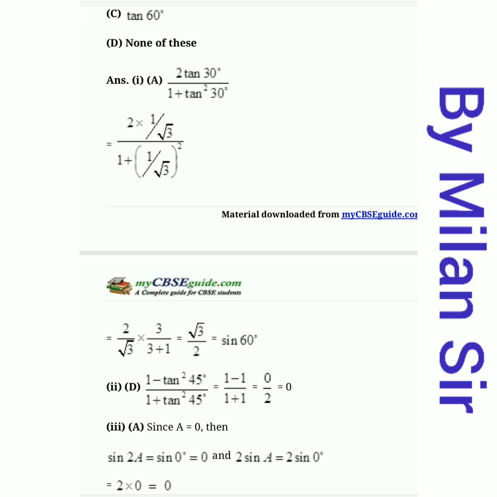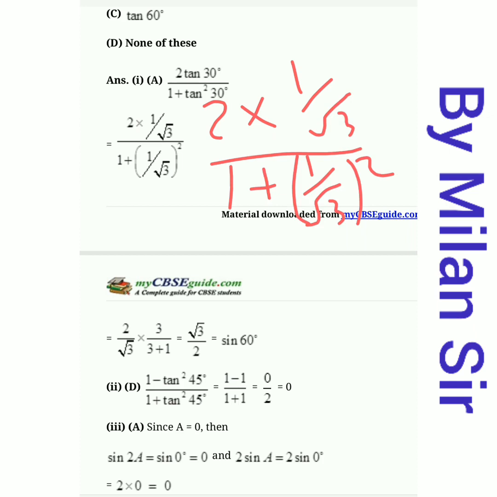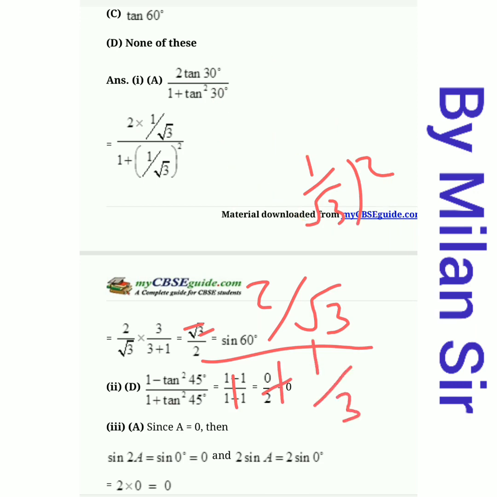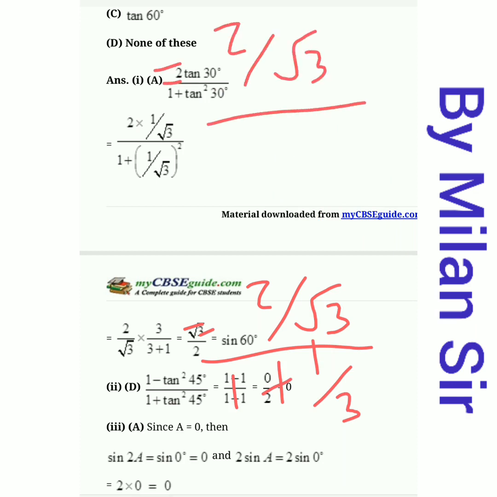So right now we need to put the value. So 2 tan 30, so 2 multiply tan 30, it's 1 upon under root 3. And in denominator 1 plus tan square 30, so again 1 upon under root 3 all square. So in numerator 2 ones are 2 by under root 3, and in denominator 1 plus 1 upon under root 3 all square. So 1 square is 1 and under root 3 square is only 3. Then next, again numerator as it is 2 by under root 3, but in denominator we need to take LCM. So 3 ones are 3 plus 1, it's 4 by 3.